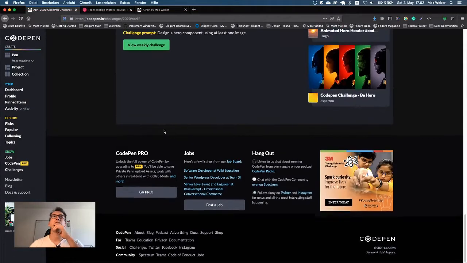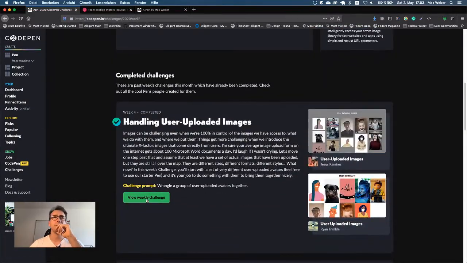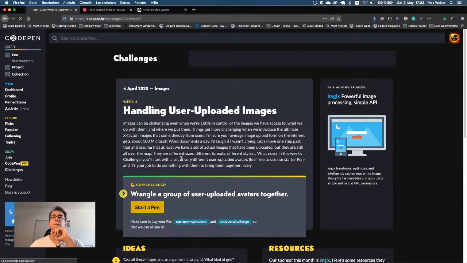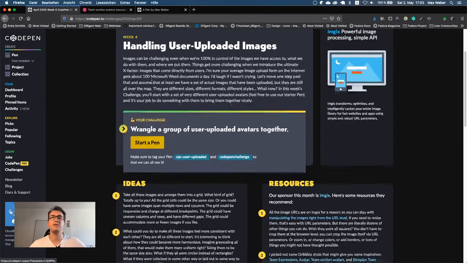So what we can try is, where is it? Here. View the challenge. What we can try is taking some of the images and try to crop them first inside of the Imagex API.